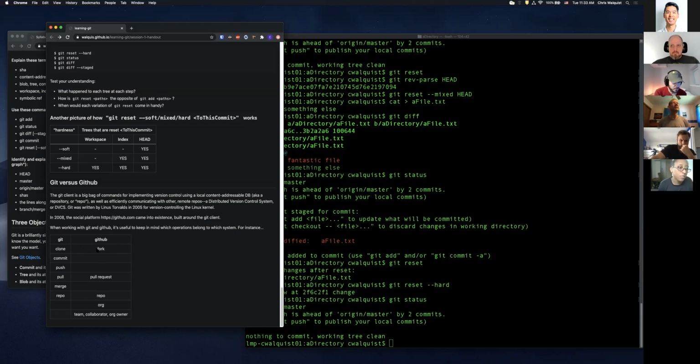So for instance, if you see something about fork or pull request, pull is Git, pull request is GitHub. You comment on pull requests and review them and accept them and all that. But a pull is simply just grabbing SHAs from your remote and copying them over and making them part of your world as well. We'll talk more about that next time when we go into more Git workflows.